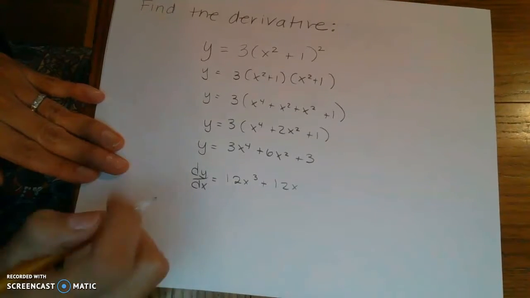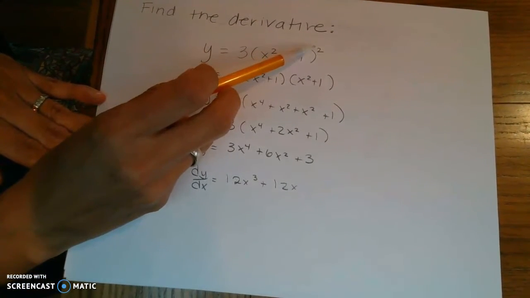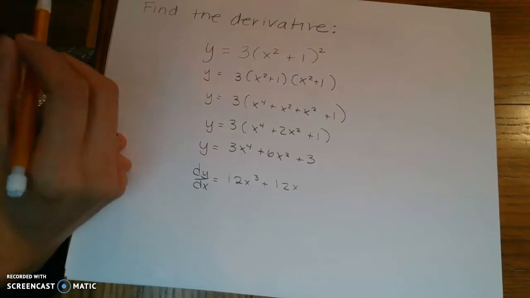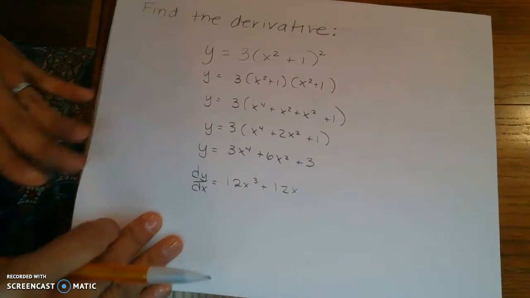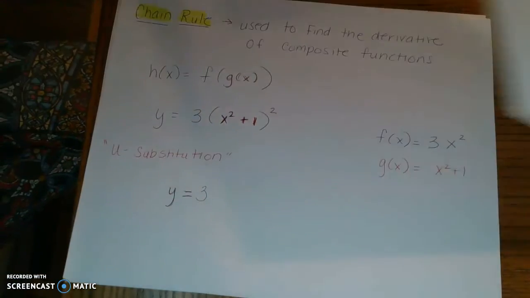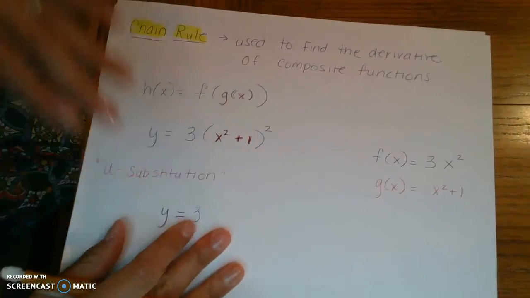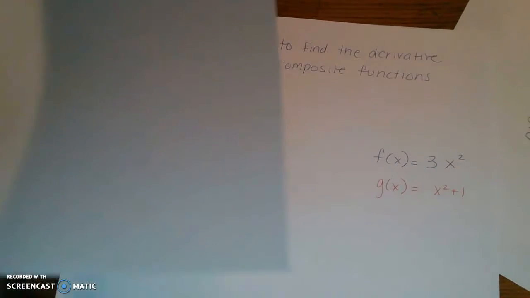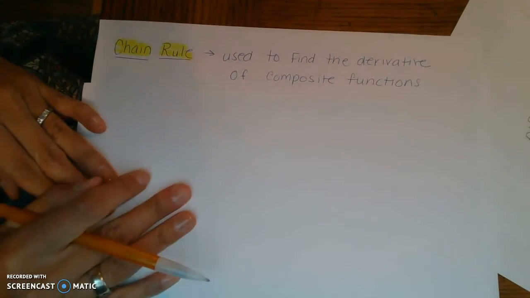All right, so this wasn't terrible because it was squared, but if this was raised to the 5th power, to the 6th power, I do not want to expand it 6 times, clean it up, and then take the derivative. There has to be another form, and there is. It's called the chain rule. The chain rule is used to find the derivative of